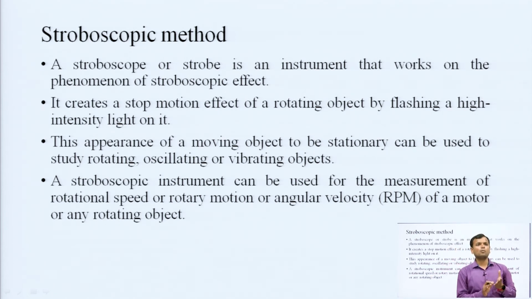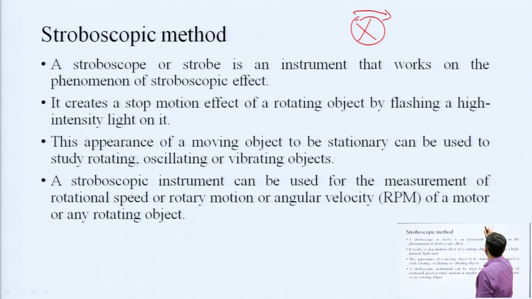That means a stop motion effect: a very high speed rotation is there and we will fix one part. The basic principle is that when I have one wheel and I am moving this wheel in this direction, and the speed is very fast, by my eyes I can see that it is moving in the anti-clockwise direction, but it is actually moving in the clockwise direction, when the speed of rotation is very high and there is some type of mark over there.